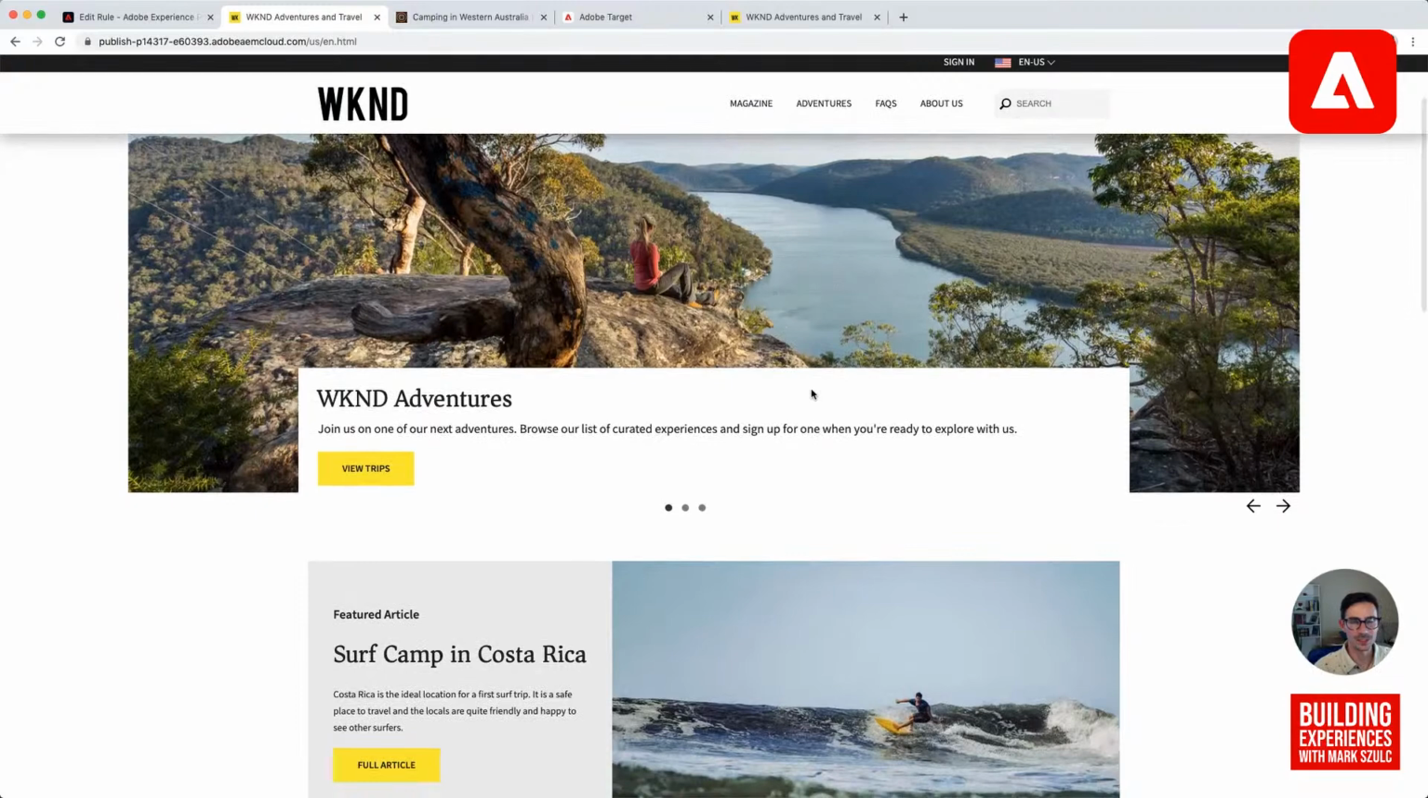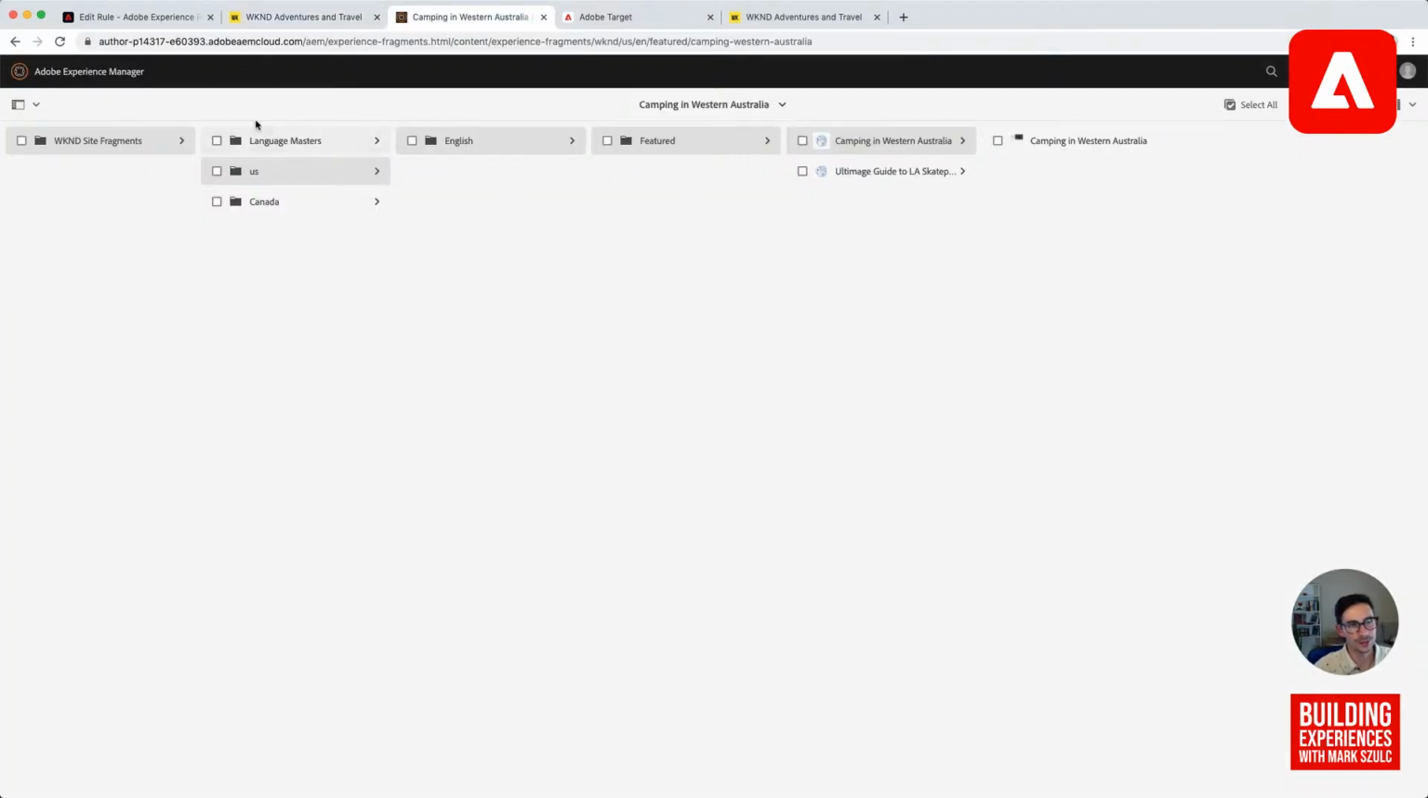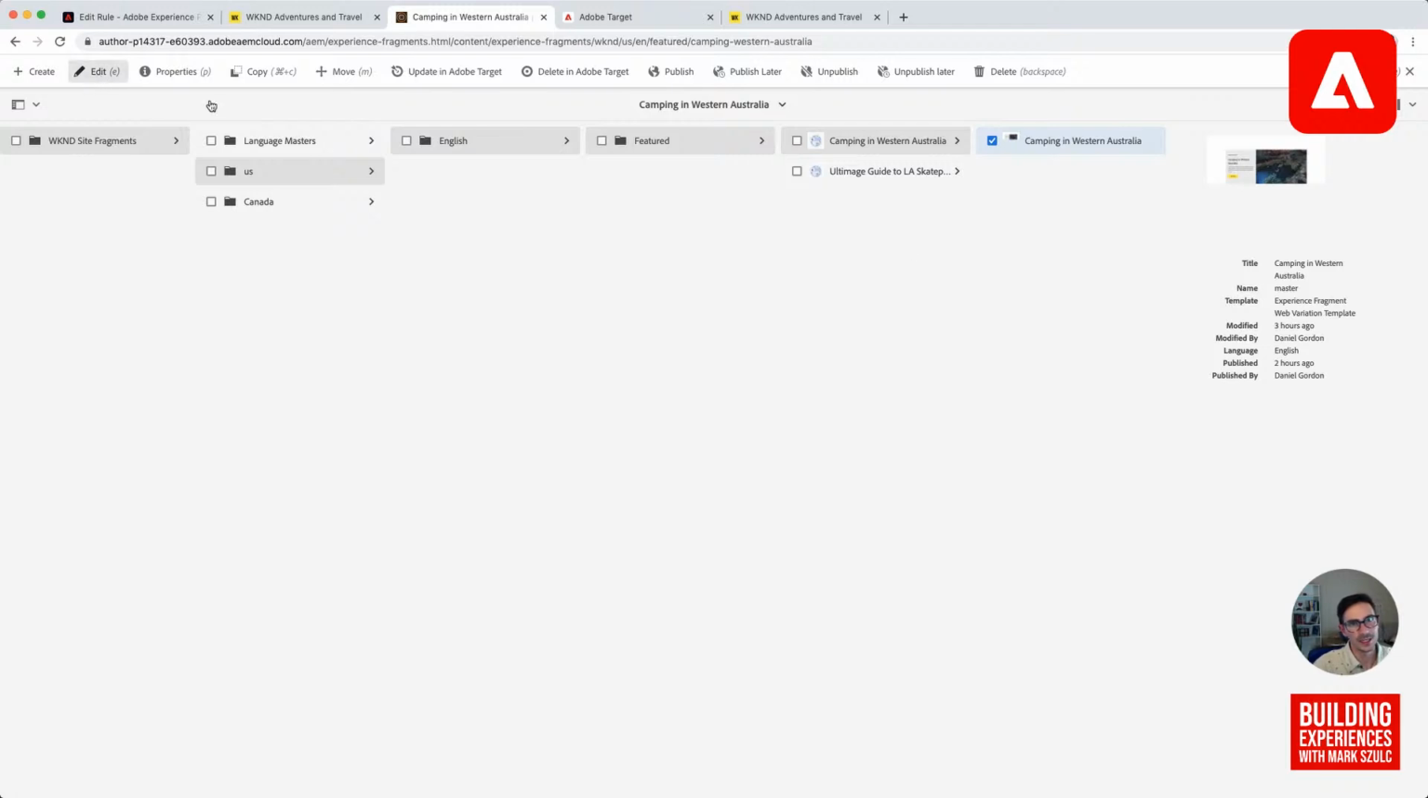Another cool thing that we can do with Launch and Target is start to actually do some personalization. So I've got a scenario I'll just quickly walk through. On my author environment, I've got a couple of things. The AEM author environment is where I'm managing my sites, and I've got a couple of experience fragments. And